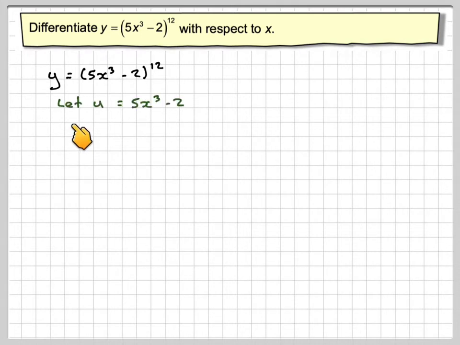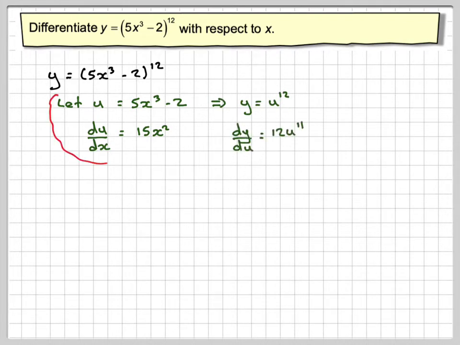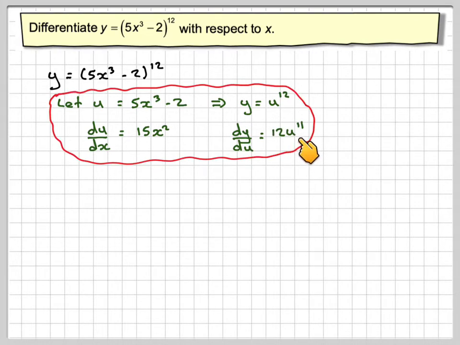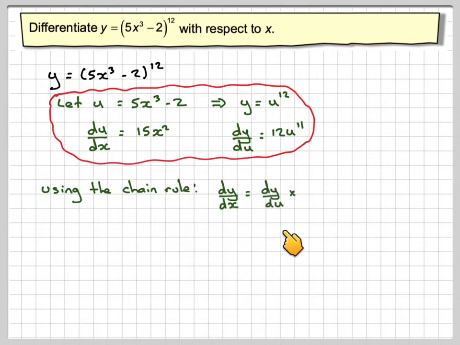So the chain rule works like this. You let u be equal to 5x cubed minus 2. Differentiate that. So you let u be the bracket basically, so that becomes 15x squared. You differentiate 2, you get nothing. That means that y is now u to the 12, and you can say that dy by du will be 12u to the 11. Now the chain rule says that dy by dx is equal to dy by du times